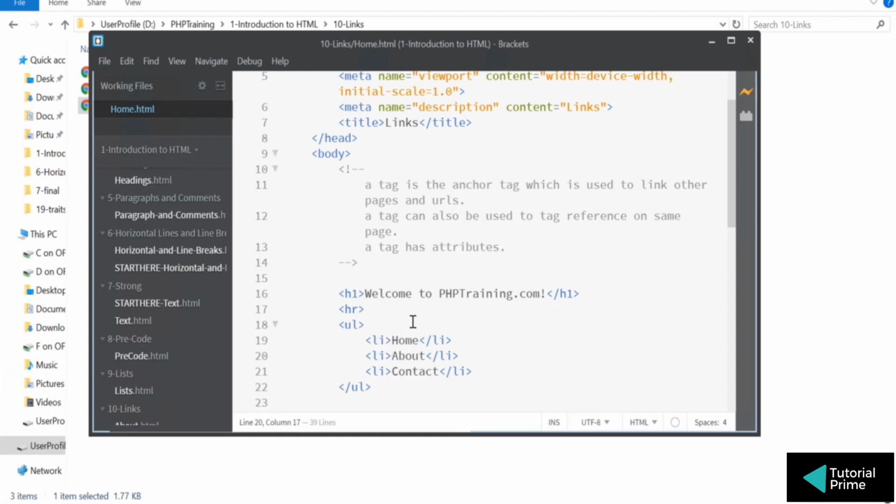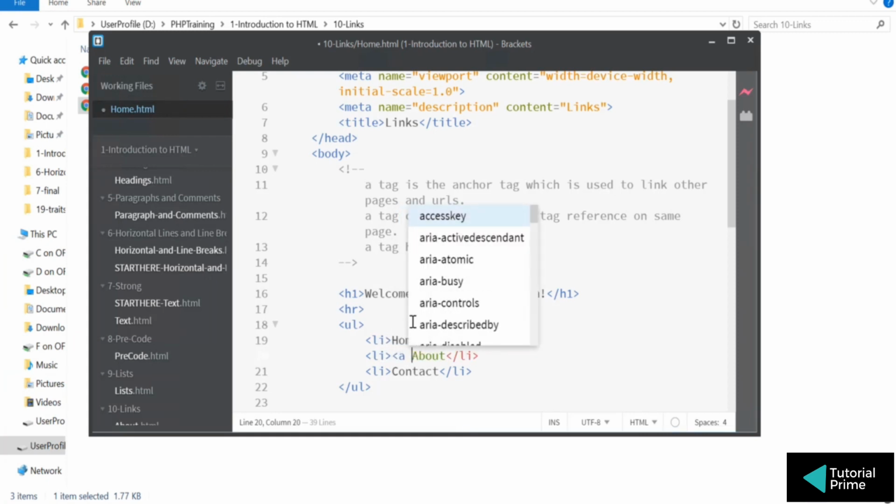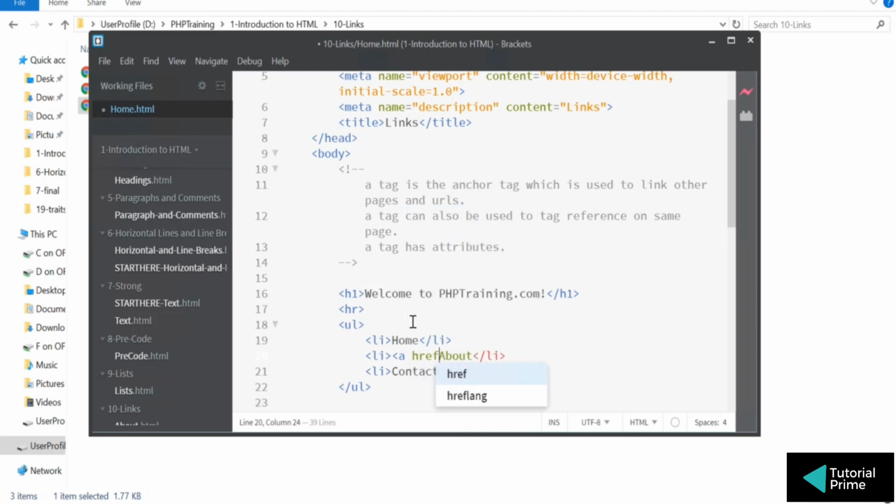So for that, you have to add a tag called A, that is the anchor tag, and you have to mention where the location is. So the href is basically pointing to the location of that file. Okay, and the closing tag should be after the text. So whatever is inside, this about, becomes a hyperlink. Okay, so let's quickly review that first.